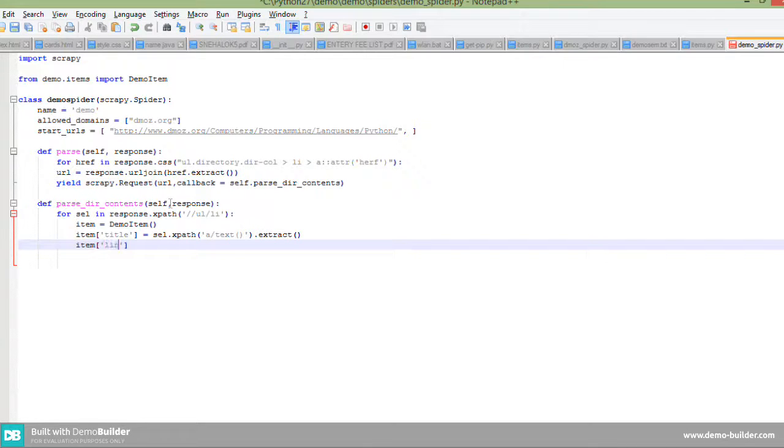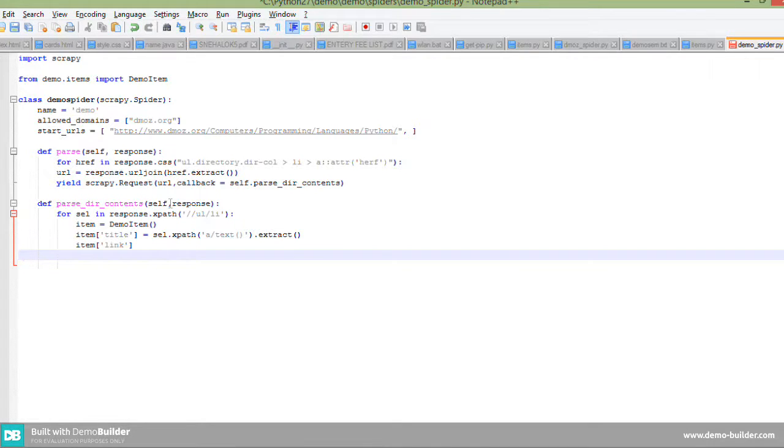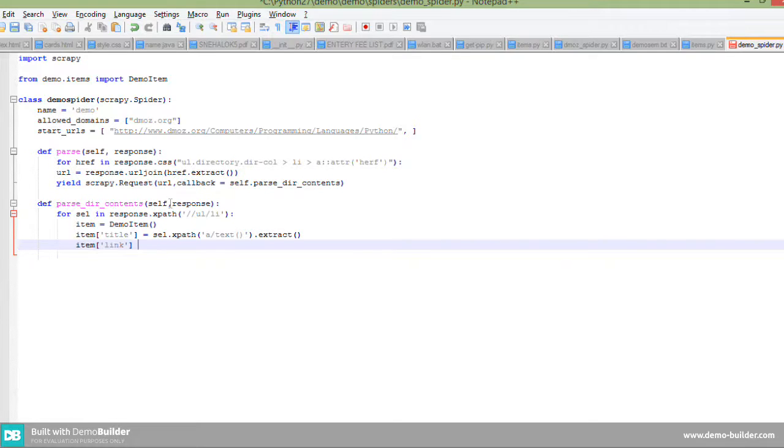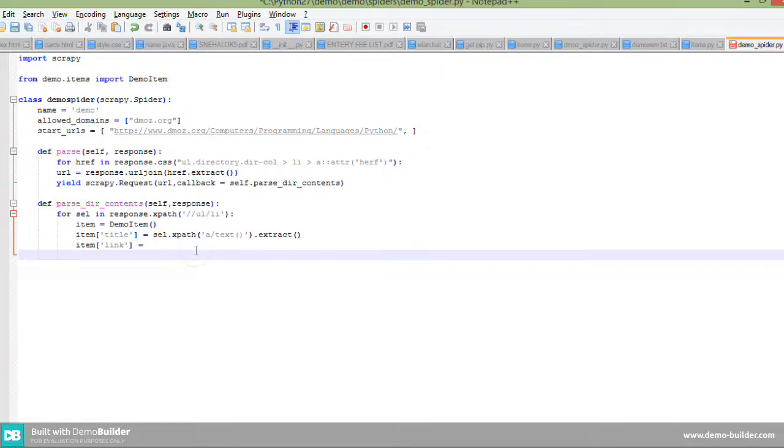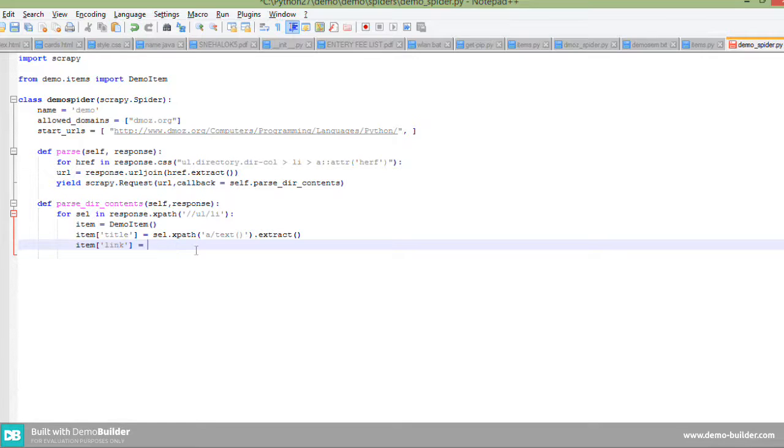Next is link. Not double equals, only single. Okay, copy paste, because the same thing happens here, but we need to change the xpath of that link. I will show later what xpath is. href dot extract.